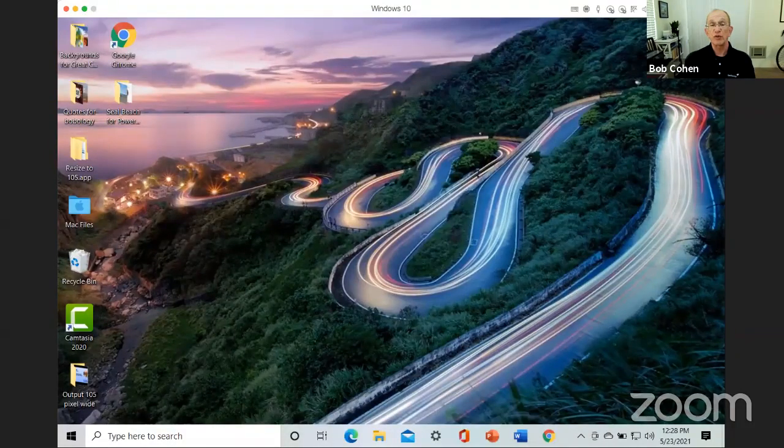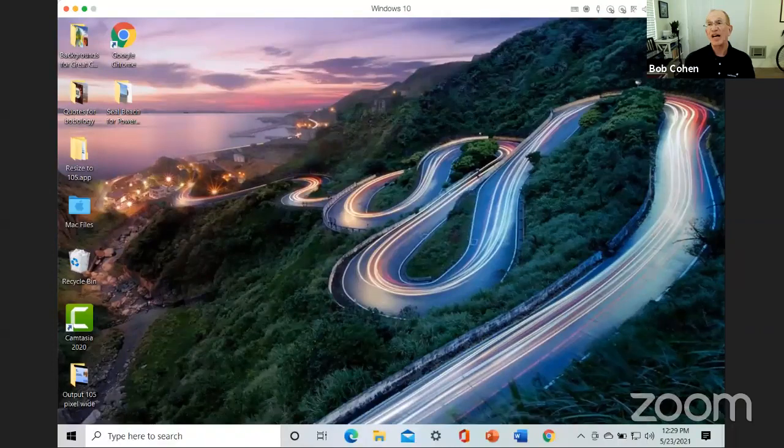I switched over to using a Mac about 8 years ago, when Windows had Windows Vista and Windows 8, and they were not the best Windows. Windows 10, I found, has become really impressive to use and has a lot of capabilities. If you're familiar with Windows, unless there's a compelling reason to switch over to a Mac, Windows is going to be something you're familiar with and comfortable using.